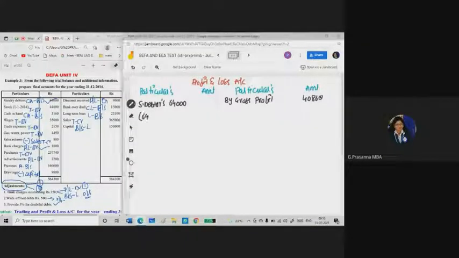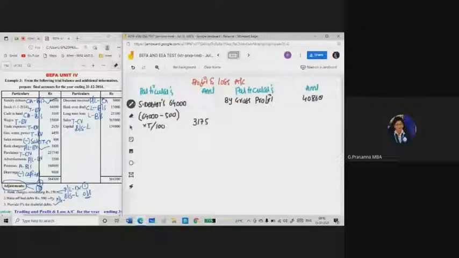So 64,000 minus 500. Why I'm deducting 500 is because he has given write off bad debts 500. Okay, 500 is a loss to debtors. So that's why I'm deducting this amount. So here you need to calculate 5% as doubtful debts, into 5 by 100. Okay, 64,000 minus 500 into 5 by 100 means you will be getting doubtful debts of 3,175 rupees. Okay, this is a working you need to do.